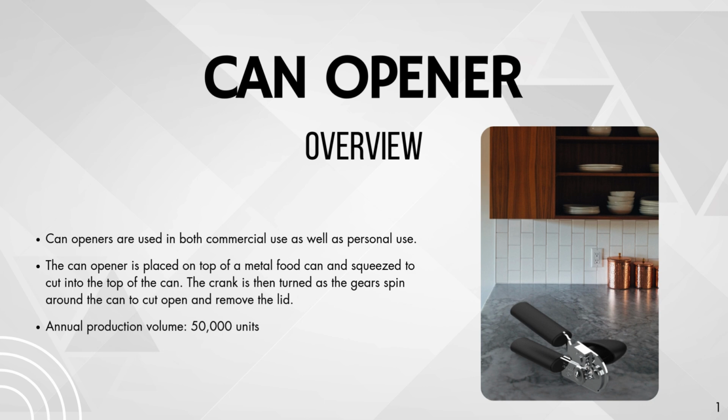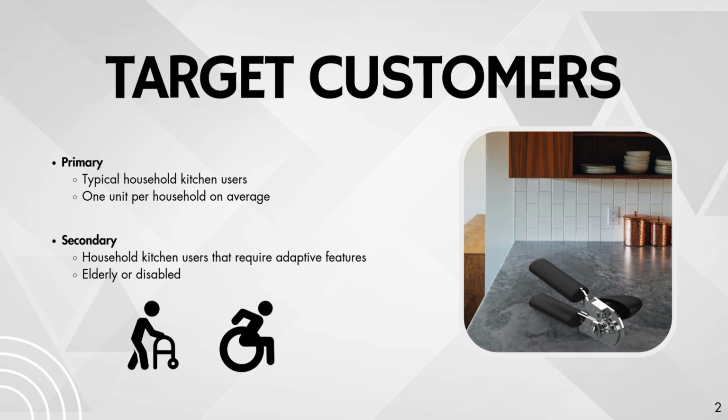The annual production volume is estimated at 50,000 units. The primary customer for this product would be any typical household kitchen users. The average household would own one can opener. The secondary customer would be any household kitchen user that may require a can opener with adaptive features. This customer may be elderly or disabled and may not possess adequate hand strength to use a standard manual can